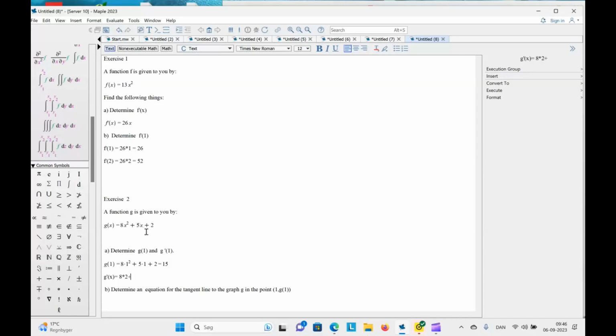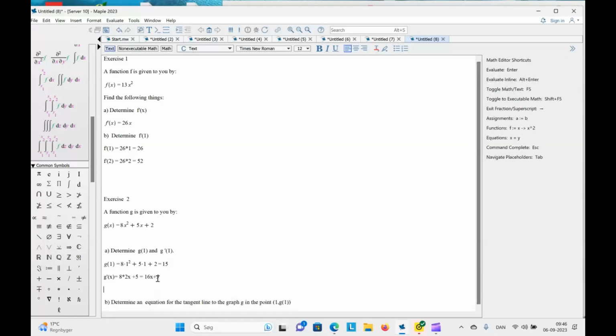So we drop the x and have the 16 here, multiplied through an x, which is 16x plus 5. And to get this, 16 plus 5, which is